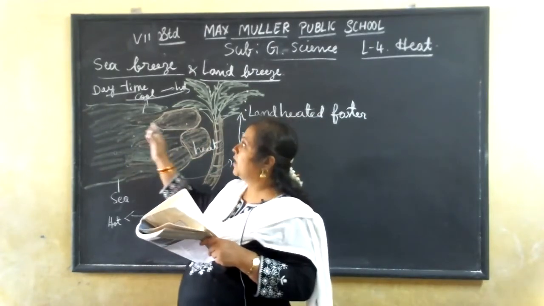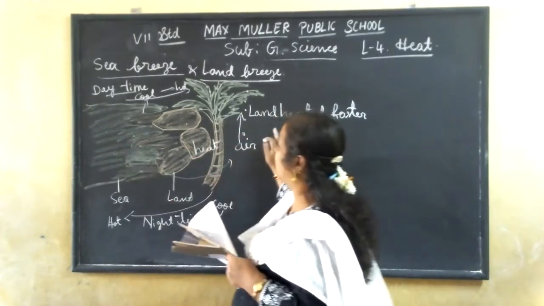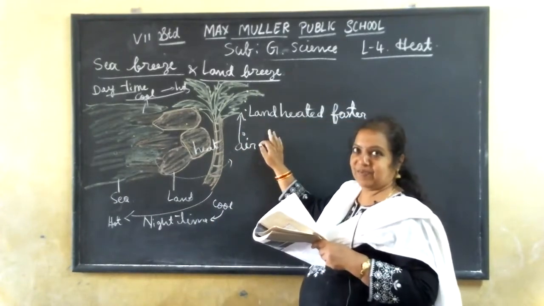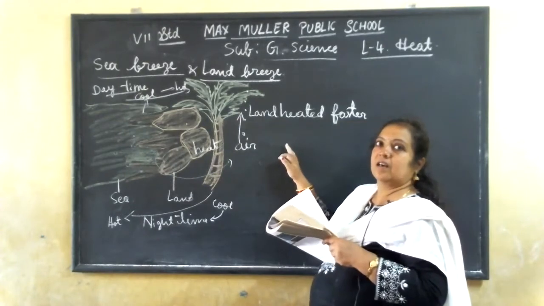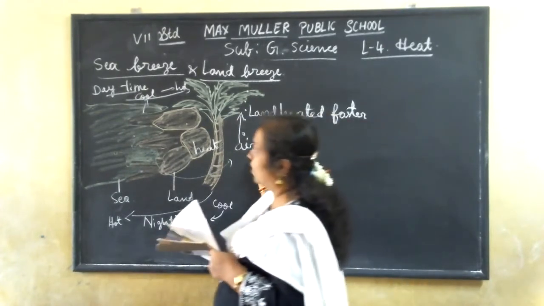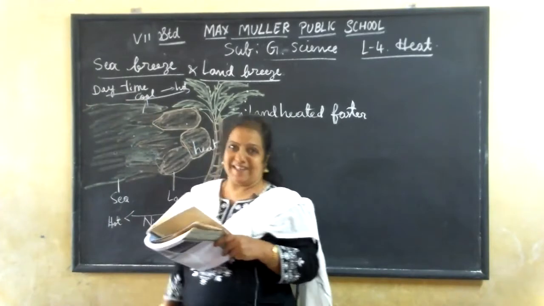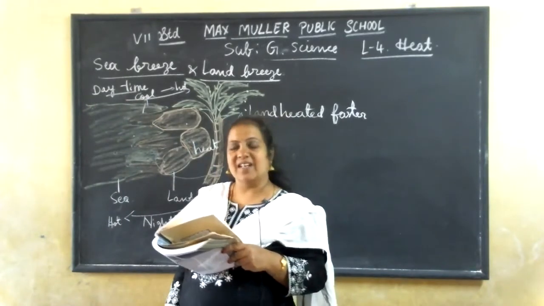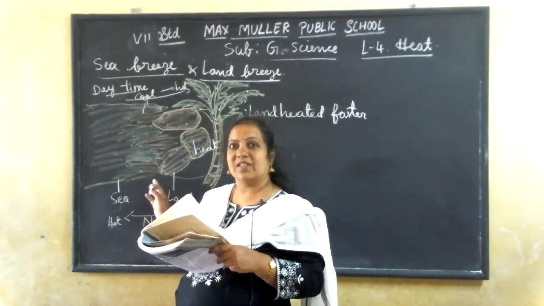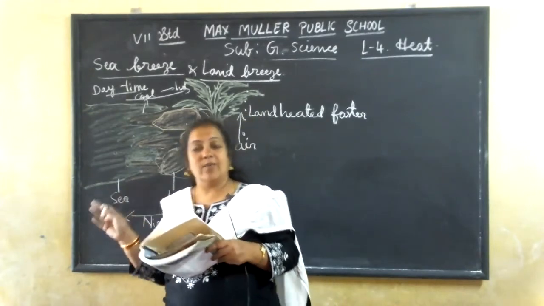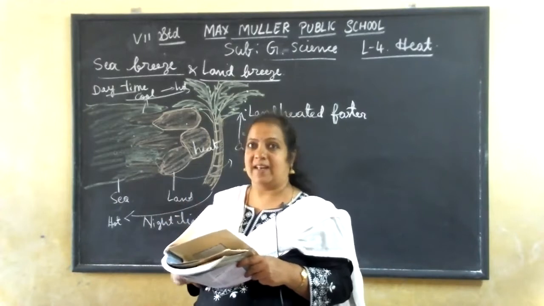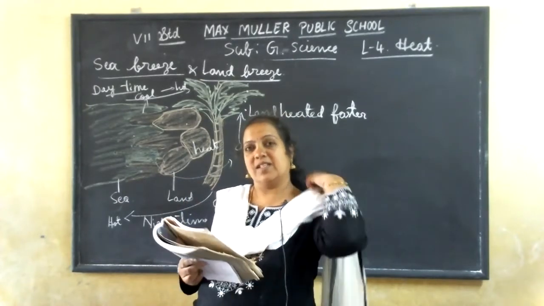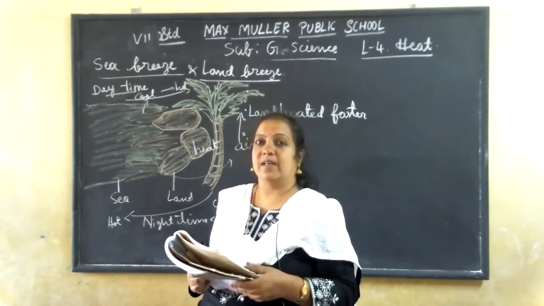That means cooler air molecules rush towards the land. That is from the sea, it is rushing towards the land. So that's what we will call a sea breeze. Understand? This is only occurring in the convection cycle, is it not? As hotter molecules are moving up, the cooler molecules come and occupy that area. So this is only the sea breeze, we will call it.